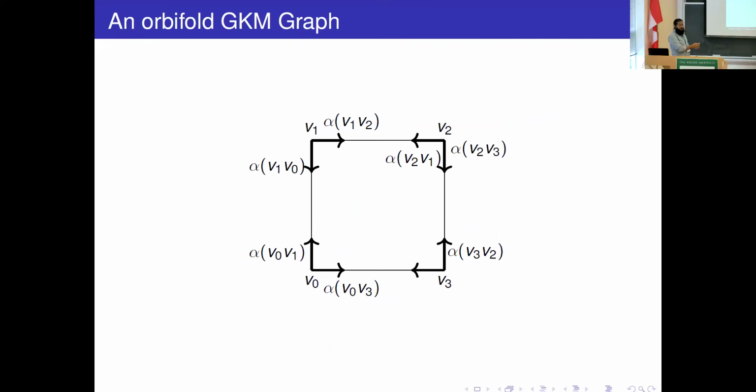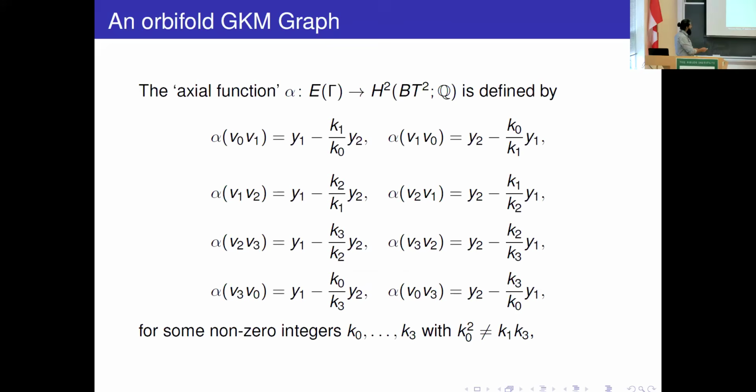A little bit of combinatorics, very easy: the boundary of a square, and we have some map here. We have to be a little bit careful to say that if this plus several relations are satisfied, then we can say that this alpha is an axial map. It satisfies it, and this map also satisfies the remaining conditions.